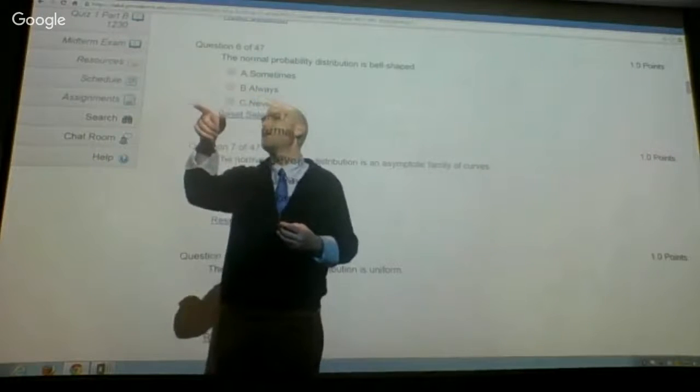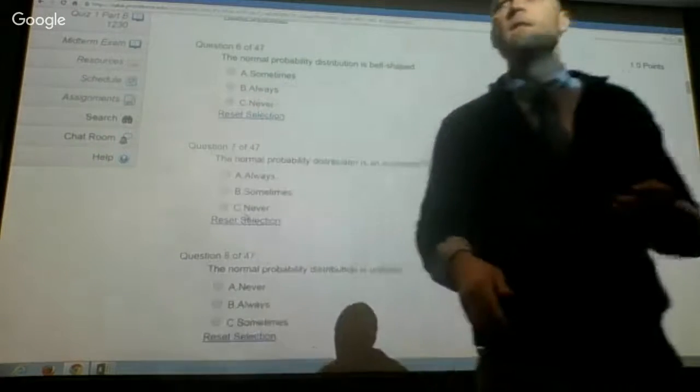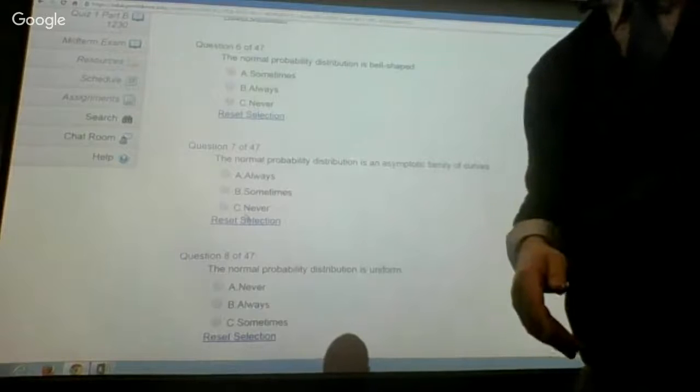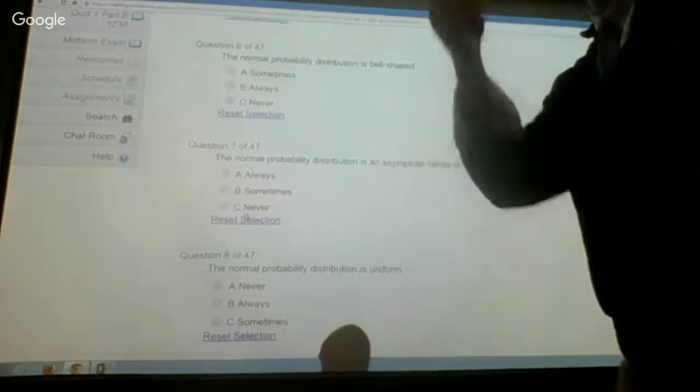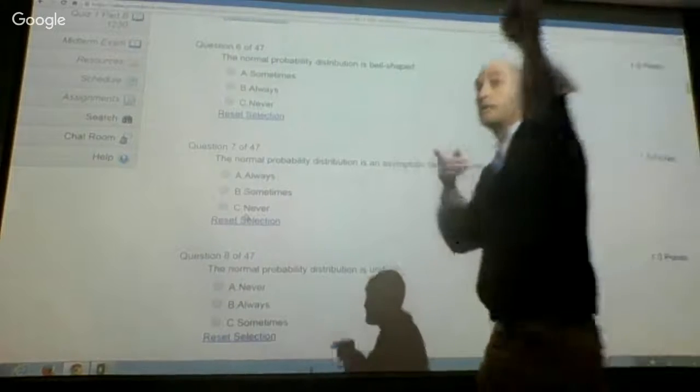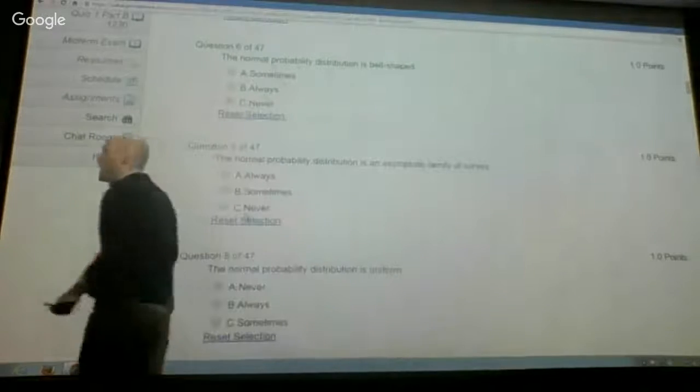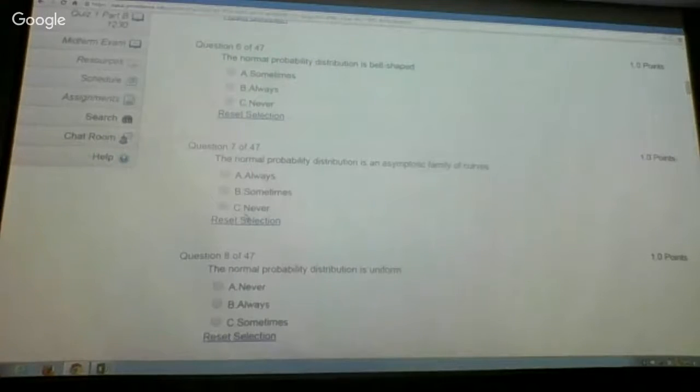Shape. Shape. Caitlin, is that where you're jumping in? I was going to say the mean, if they have different means. Absolutely, they could have different means. What else could they have different? You said the S word? Yeah, shape. So if we want to talk about a whole family of curves,